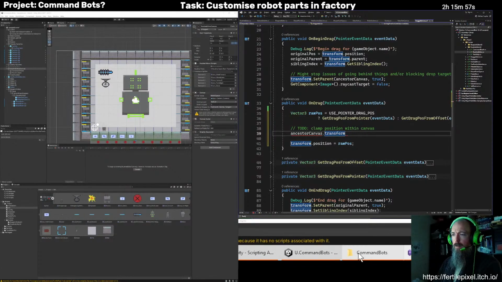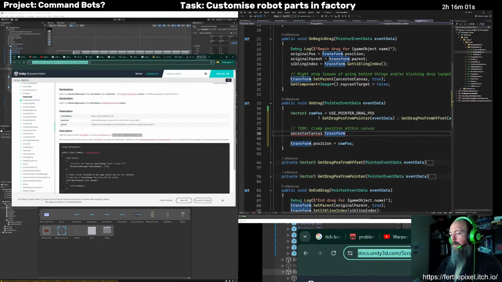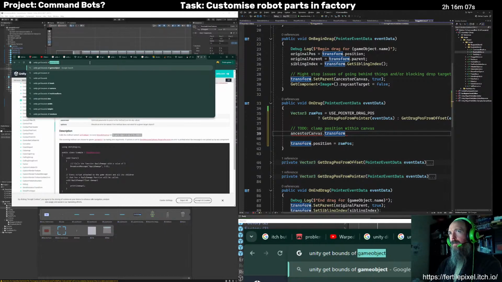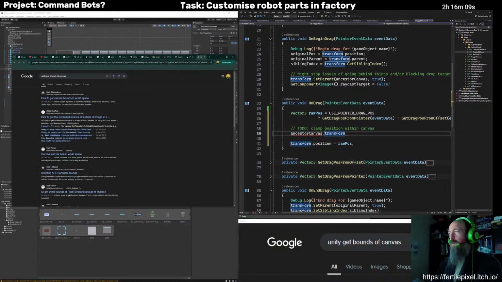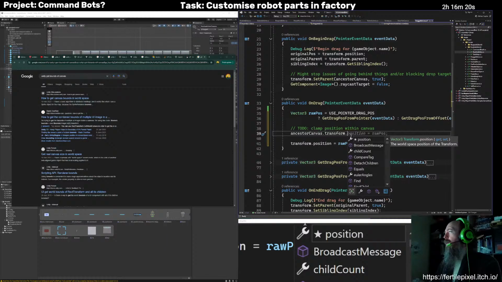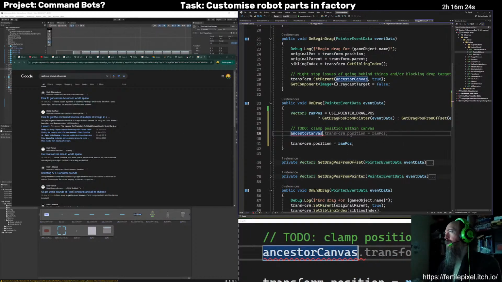So let me just check. I'm pretty sure that I can just take the transform position and then use the width and height. Or maybe I need to get rect transform.